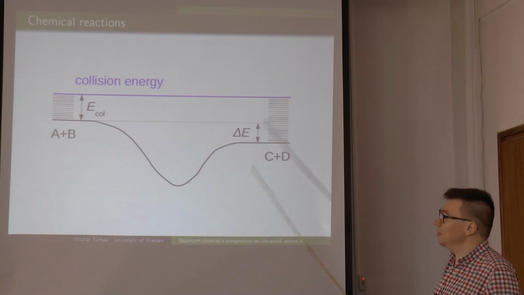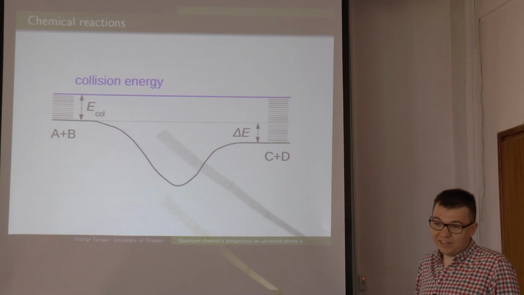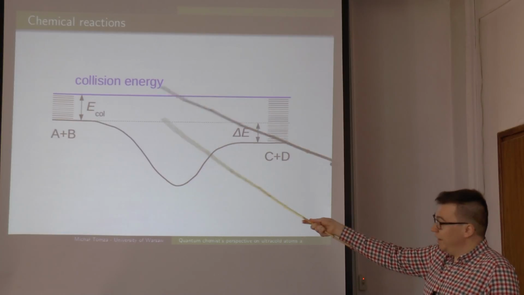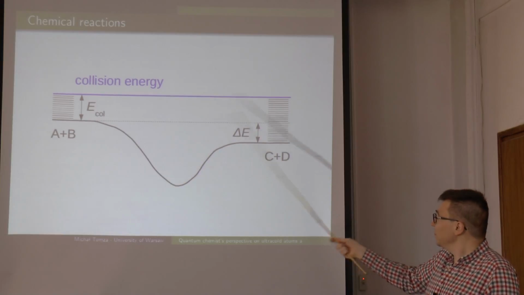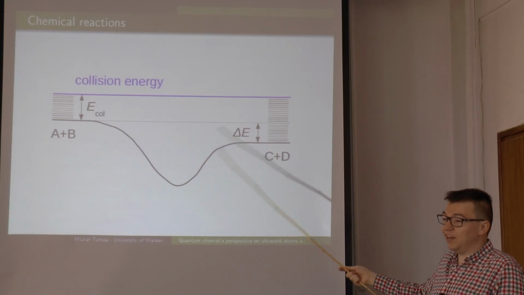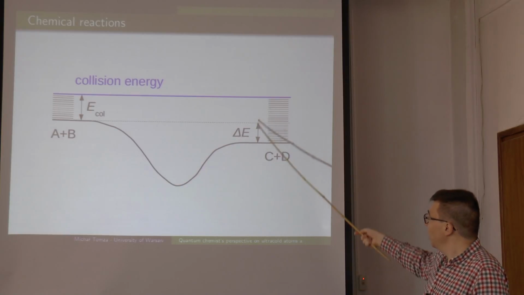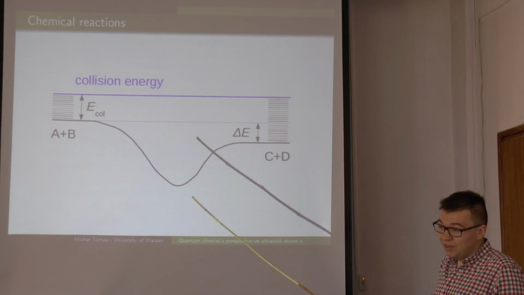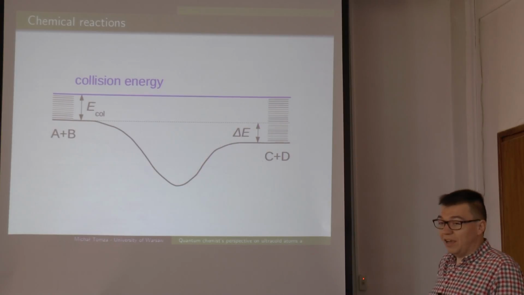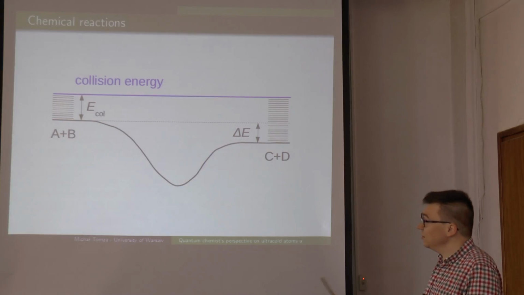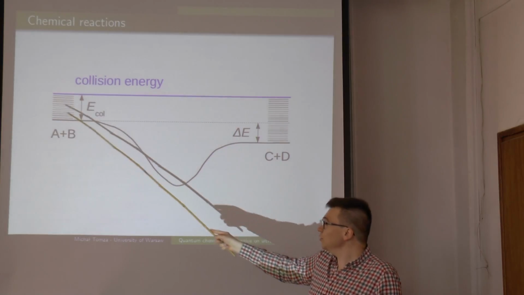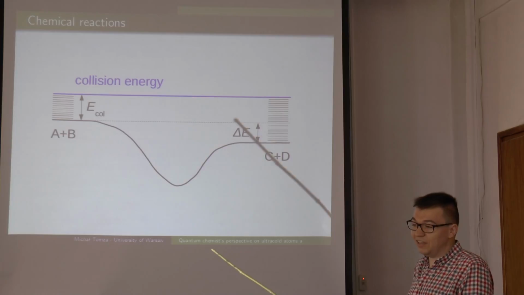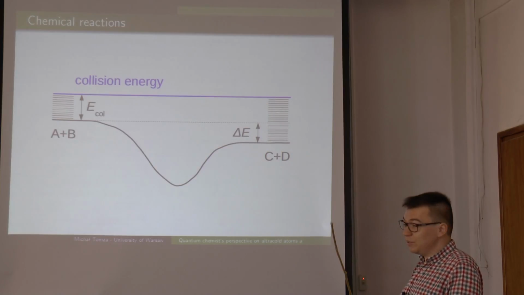So what do I mean by chemical reaction? I have two reactants, AB, in my trap or flask. Then I have some collision energy, some temperature of the system, and then the reaction proceeds. Depending on whether the reaction is exoenergetic or endoenergetic, additional energy can be released, or the energy of the products can be higher. And then, of course, some products are possible. At room temperature, the problem is that we can have lots of quantum states of the reactants, because we have many vibrational states, many rotational states, and many other degrees of freedom of molecules can be populated.